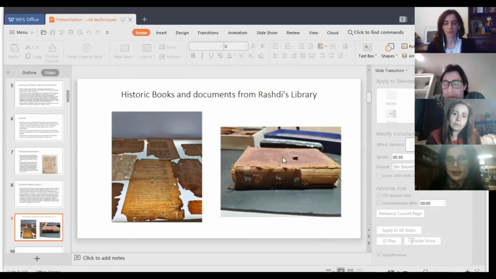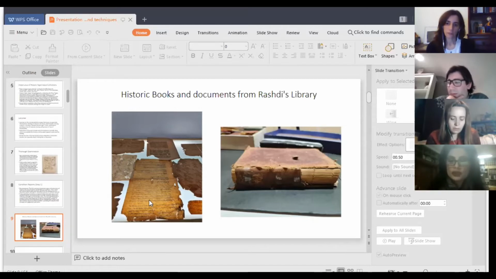Yes. Okay. And these are just some of the documents written in Persian and Arabic and English. And they were part of the library, which as you can see, has a lot of damage. This is particularly because of insect attack. We were also conducting research on the kinds of paper used by tracing the watermarks. A watermark was a kind of signature that they put on paper that is visible in a particular kind of light. That was a signature by the paper maker.